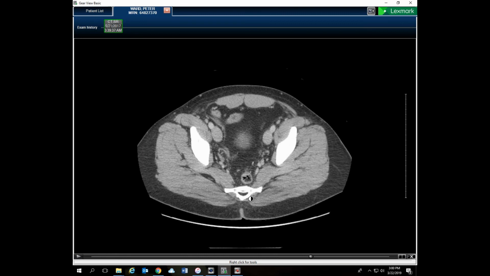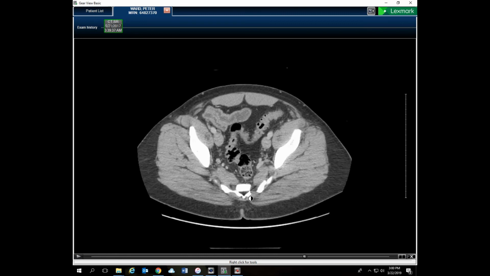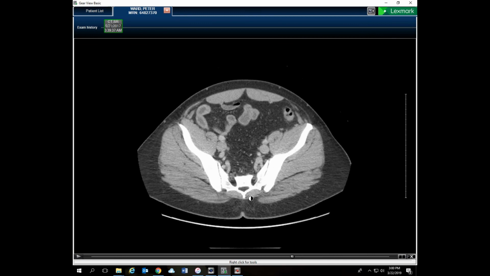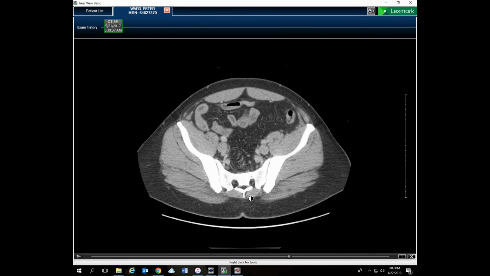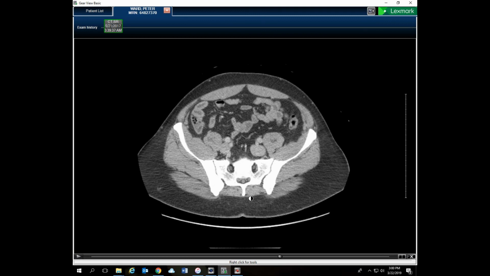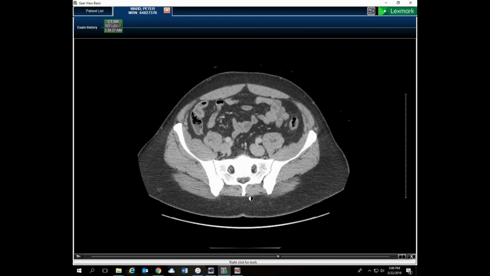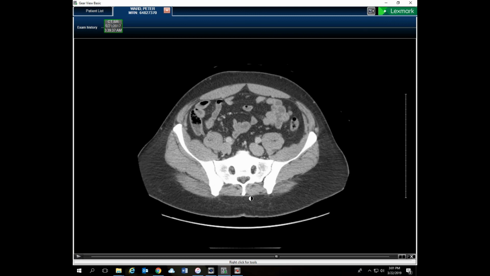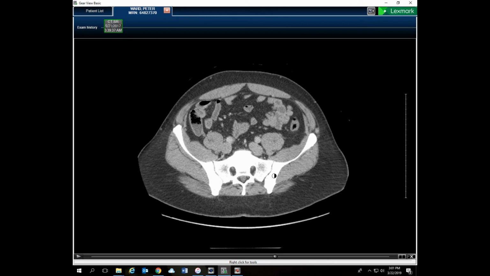So there's my sacrum, it's smiling at you, and if we go a little bit further superiorly, you'll actually see that it gets more and more happy to see you, and so happily surprised. So yeah, it's glad to see you, it's very glad to see you, and now it's incredibly happy that you